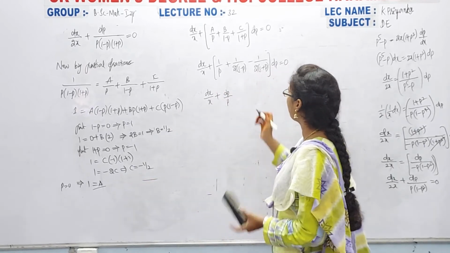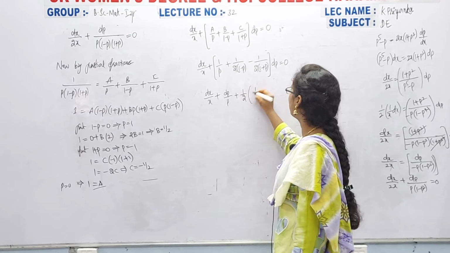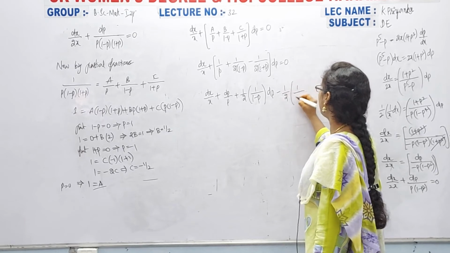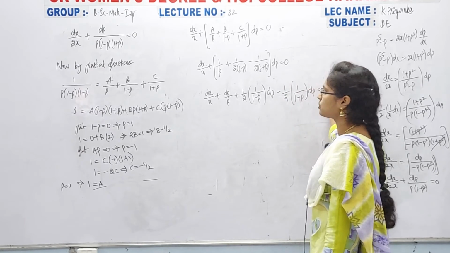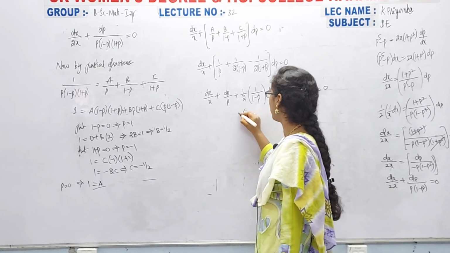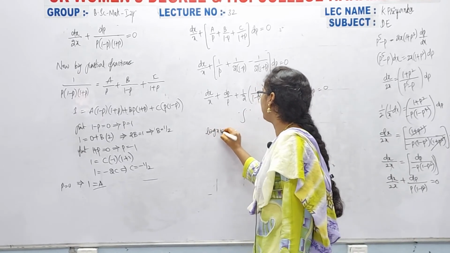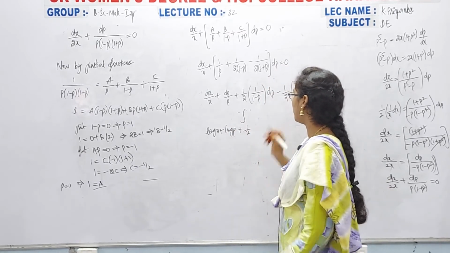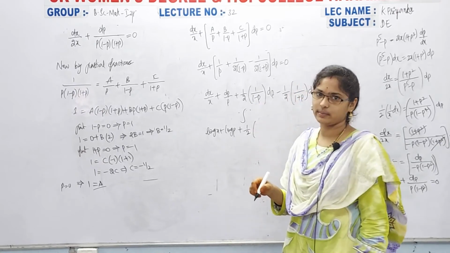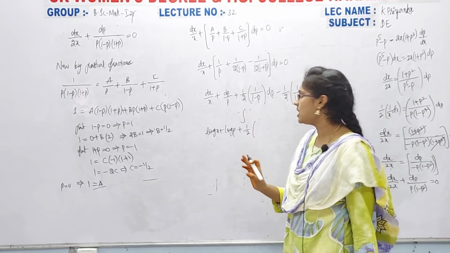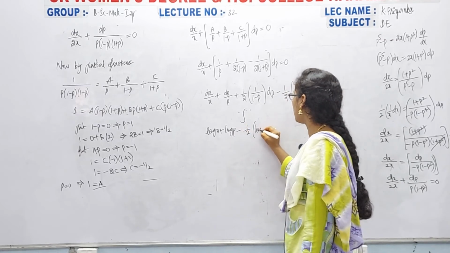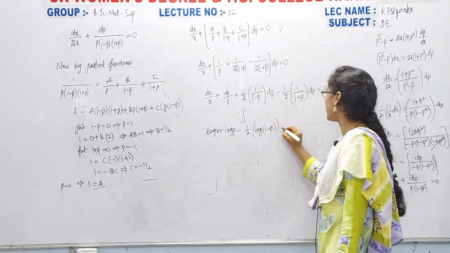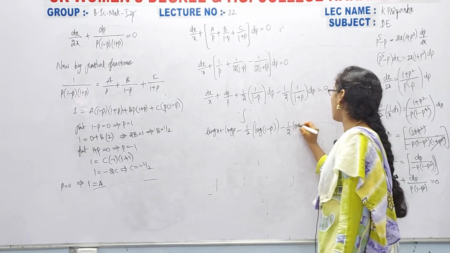Now we have plus 1 by 2 of 1 by 1 minus P of dP, minus 1 by 2 of 1 by 1 plus P of dP, which is equal to 0. Simply take the integration on both sides. Then we get log x plus log P, plus 1 by 2 of, and here we will get 1 minus P, so we can multiply with a minus. So simply minus log of 1 minus P, and then minus 1 by 2 of log of 1 plus